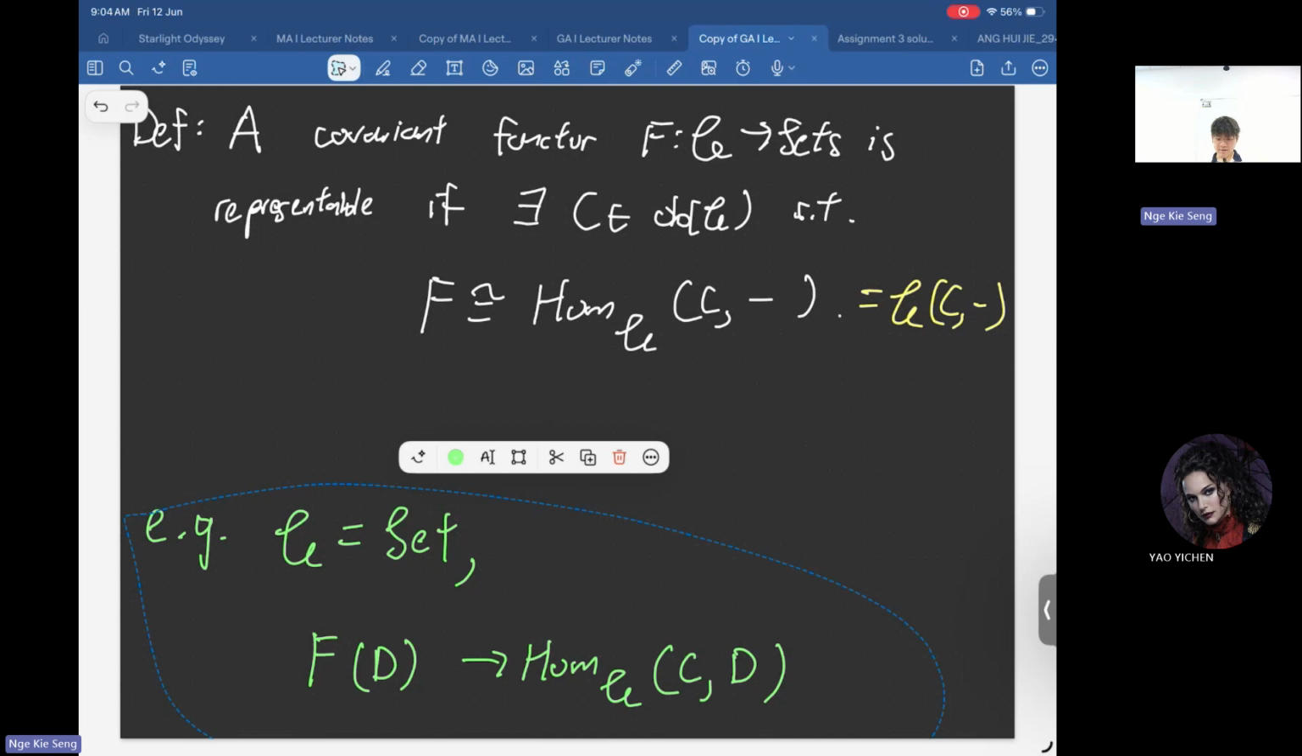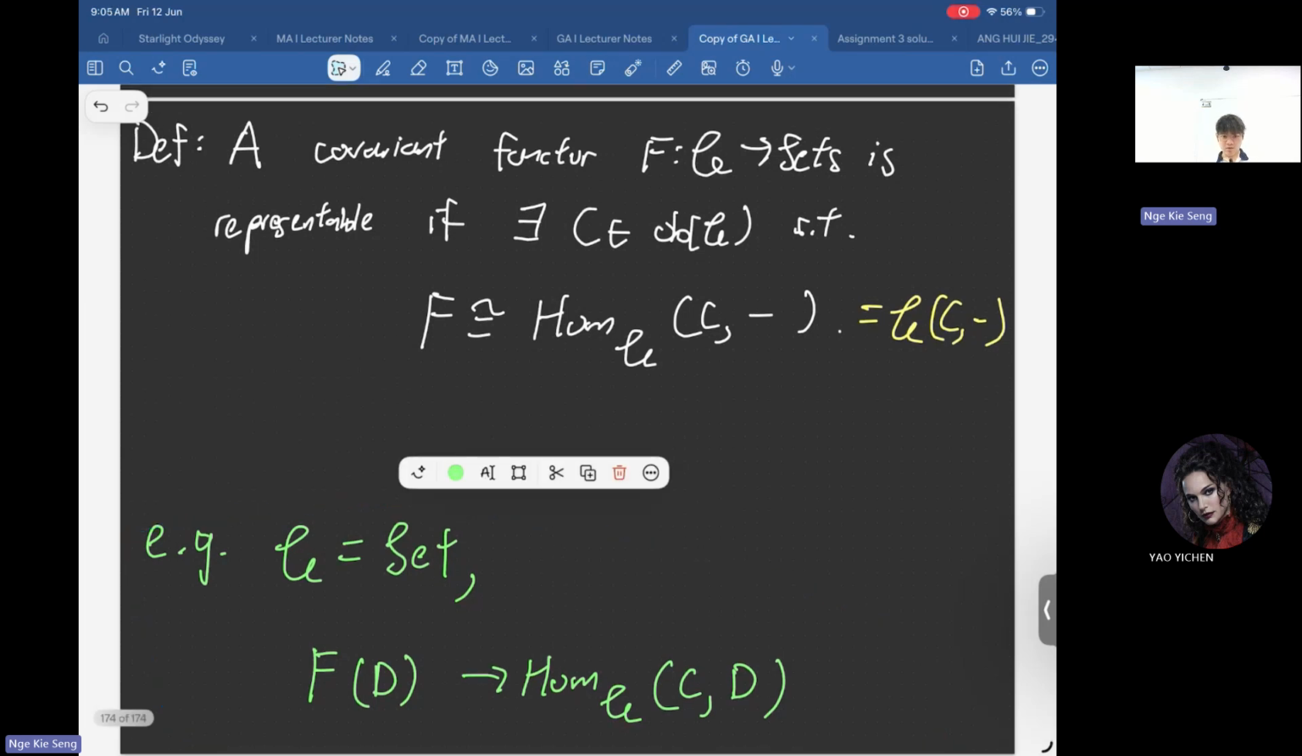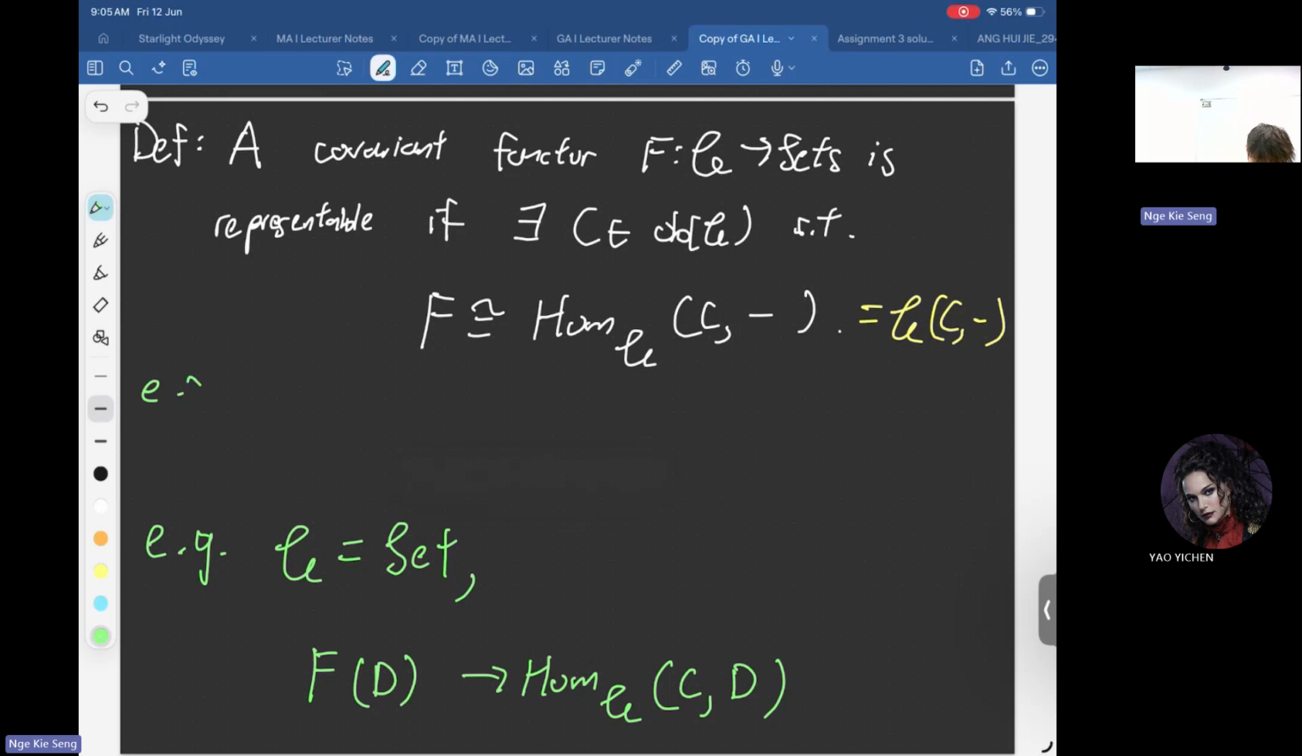So I think an example is if you consider the identity functor, then this is isomorphic to Hom of C. I guess in that case, they are considering a covariant functor. Okay, so C here is just the